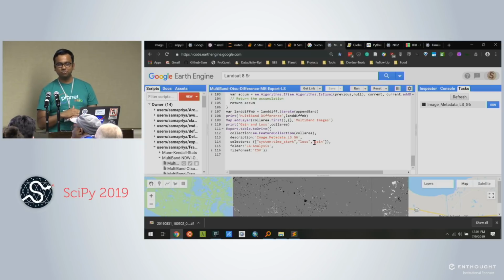I may not be interested in what it looks like at all. I'm only interested in the actual value of it. So yeah, you can operationalize it. As far as production level goes or doing any commercial things, right now the way in which Earth Engine is set up is